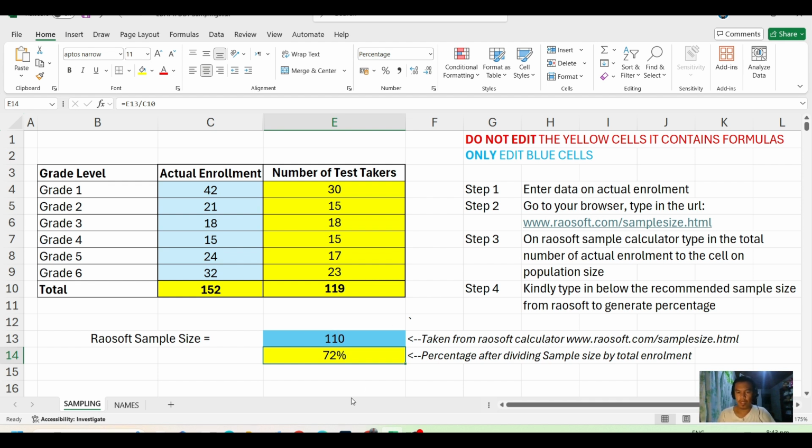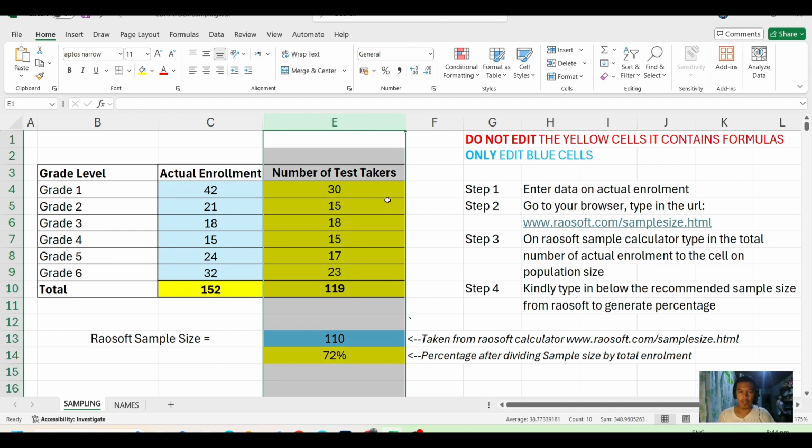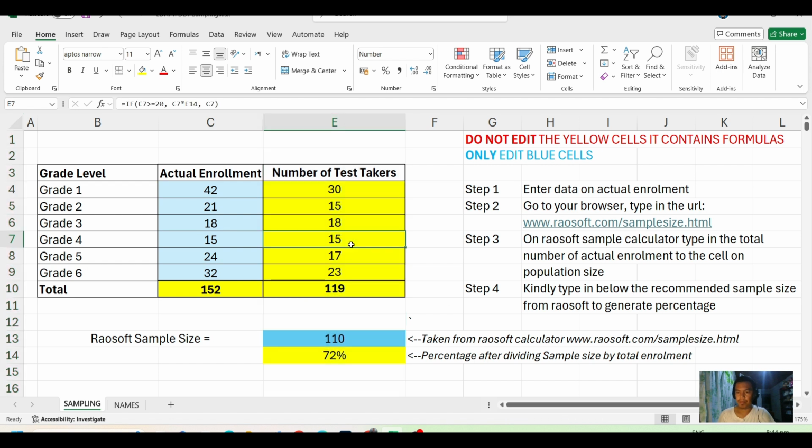It will give you 72%. How did we arrive at this? The Raosoft sample size divided by the total actual enrollment. So you have now your actual number of test takers found in column E.